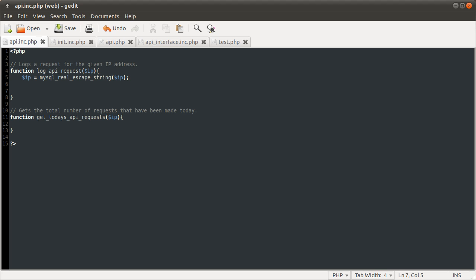Anyway, because the query is quite long, we're going to put it in this SQL variable, equal to a string, and that's going to be insert, the query, sorry, it's going to be insert into table name, which was API log, the list of values, which was IP, the date, and the number of requests, and then the values we're going to be inserting are